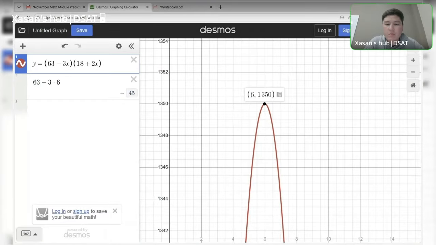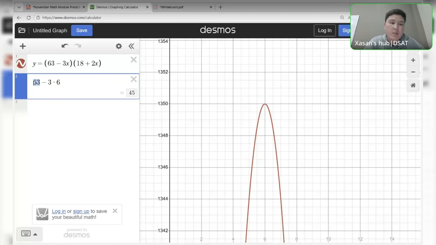Okay, this is now the maximum point, right? Here X is, as I'm telling you, how many times you decrease the price, and to reach the maximum revenue, if you decrease your price 6 times by $3 each, you can reach your maximum revenue. So therefore, for the price bracket, the original price was 63, and 3 times 6, that's the decrease in the price, which is $18, and we're just subtracting to get the price per product, $45. If you sell each product at $45, you can reach your maximum revenue here.